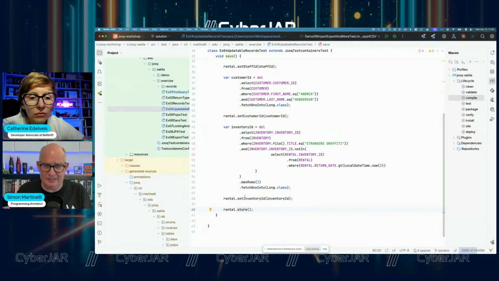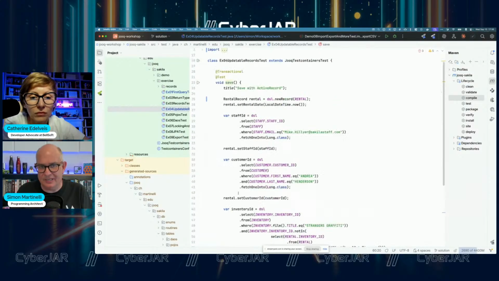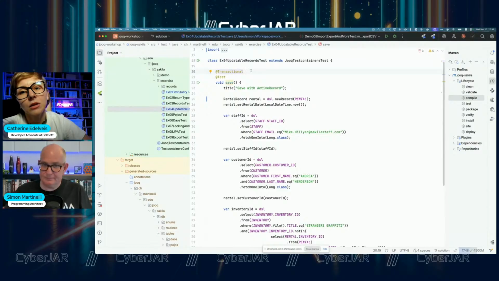And because we are here in the Spring environment, I also have the transactional annotation, and in the test, this will do a rollback. In production code, it would be a commit at the end, right? So do I understand correctly that we can use the records that jOOQ generates as DTOs, and so the mapping is also provided in this way? Yeah, that's what I said.